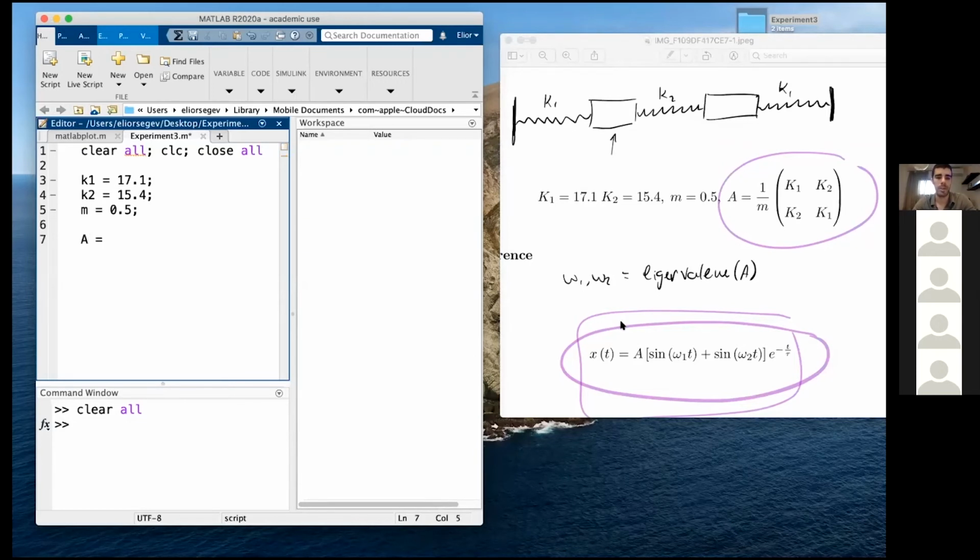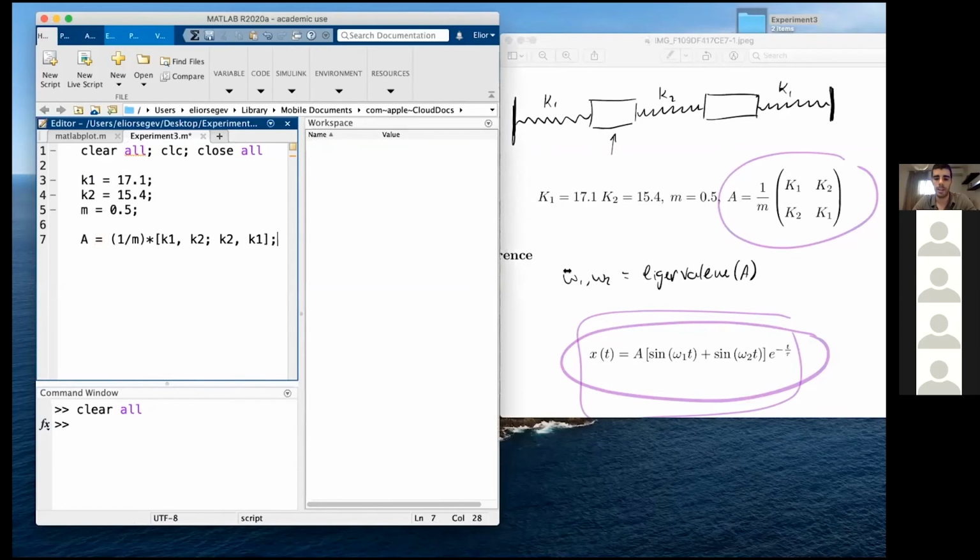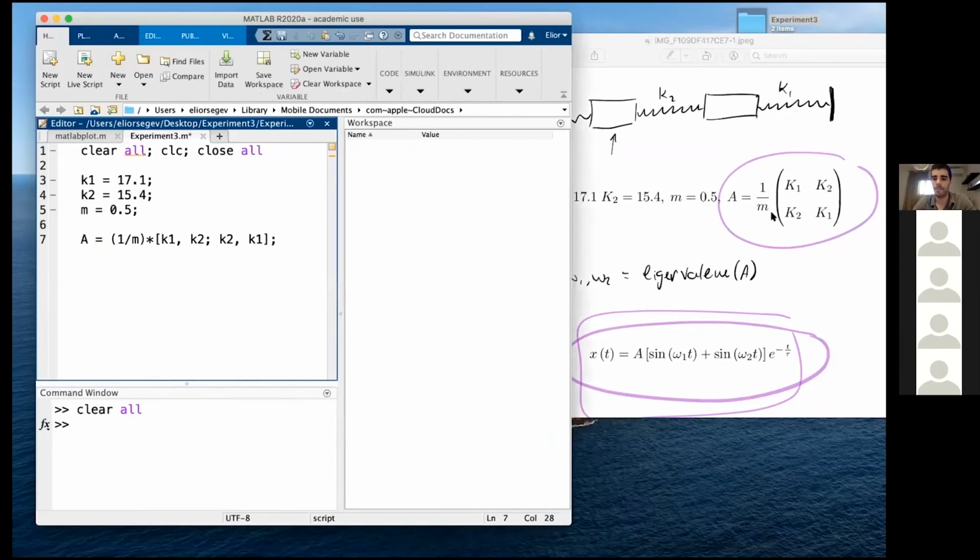A equals 1 over M, okay, rounded bracket, times, now in squared bracket, I write K1, comma, K2, semicolon, K2, comma, K1. Okay, and I write this semicolon at the end. Is it clear why this is the same as matrix A? Okay, you can see that it's the same or not? Yes. Okay,